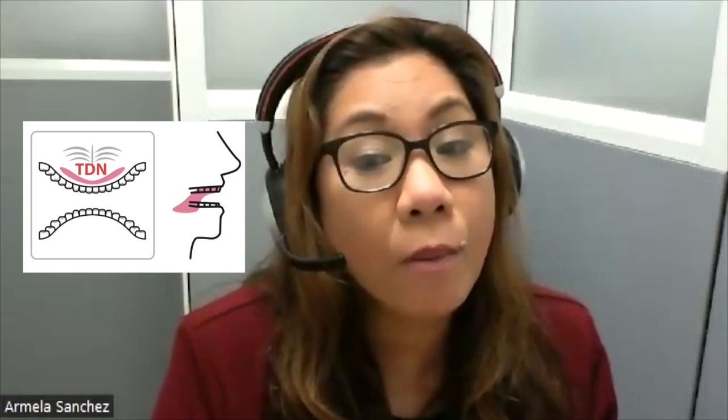The second kind of allophone is the unaspirated or unreleased T, the stop T. Usually, unaspirated consonants are left unmarked. So, how do we make an unaspirated T? Touch your tongue to the roof of your mouth, just behind your top front teeth, or your TDN location. Then stop your tongue and don't release that final puff of air. So, if this is your TDN location, this is your tongue, touch,